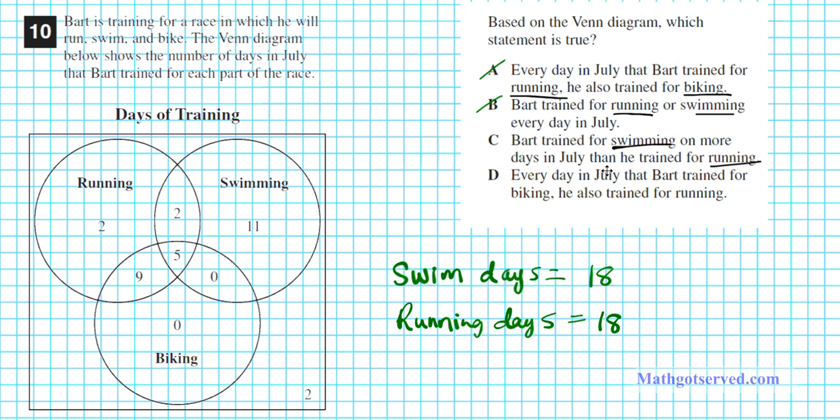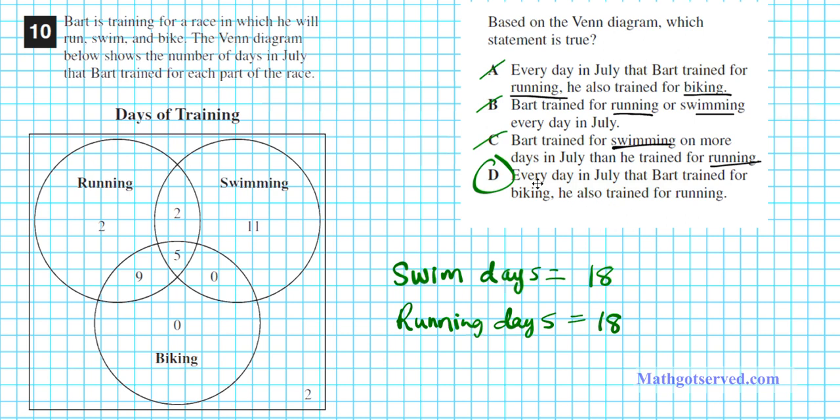18 in all. So did Bart swim for more days than run? The answer is no. He did exactly the same number of days. He spent exactly the same number of days for both activities. So this statement is false. So by elimination, you can see that our answer is option letter D. Okay, now let's go over option D